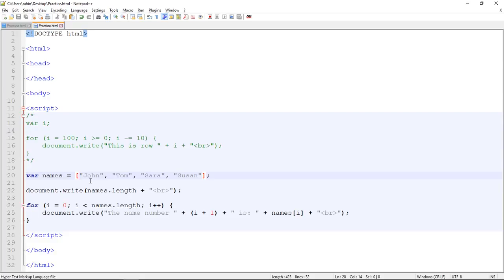Now for JavaScript, arrays are objects. Again, don't worry too much about this. It's just a quick explanation to try to understand what's going on. As arrays are objects, I can use a method. In this case, I'm using this method. You can see names is the name of the variable, my array. So names.length is going to tell me how many elements are inside of this array. In this case, I have 4. And then I'm going to use this same method